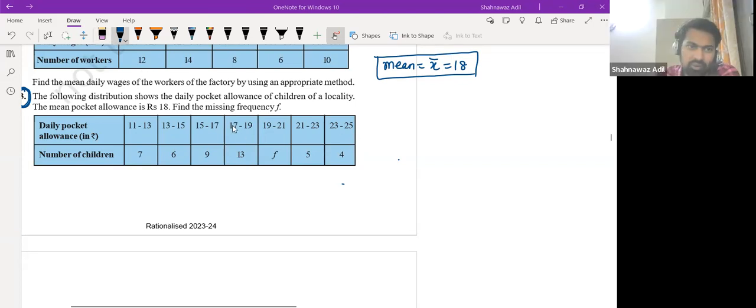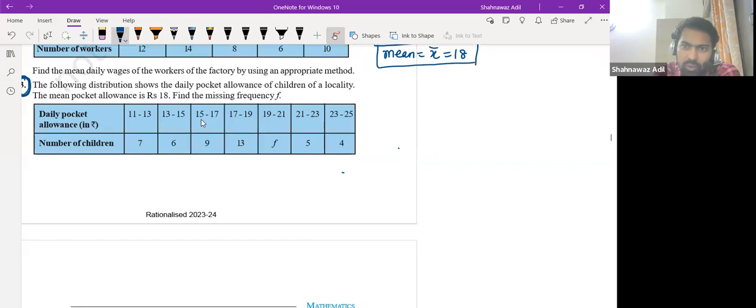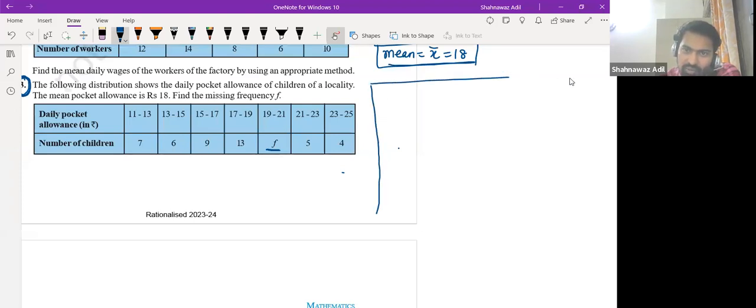Okay, so we were talking about this third question, right? But in this question, we have to find out the missing frequency. The mean is already given. So we will go through the process of finding this mean, and then we'll see how this question works, right? So we have this class interval,